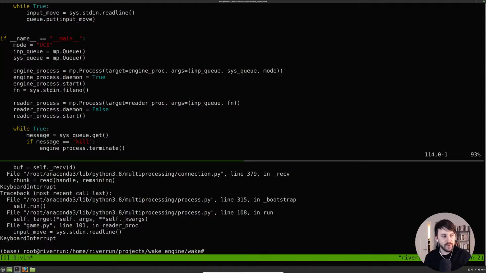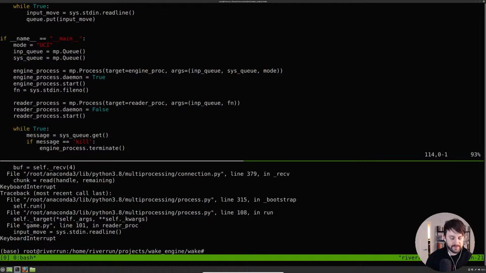So I have a single mode, which is UCI mode, and I have an input and an output multiprocessing queue. And so at this point, I think we have two processes running. We have the process that's running the GUI and the process that is running the engine. And so the GUI's job is just to refresh and clear with every move, and the engine's job is to receive input that the state has changed and then analyze the position.